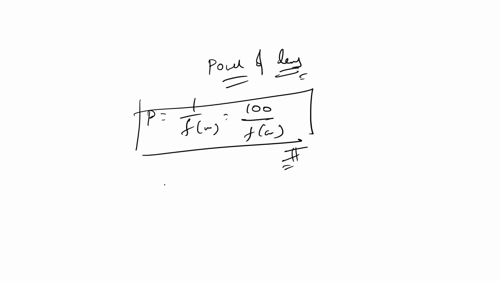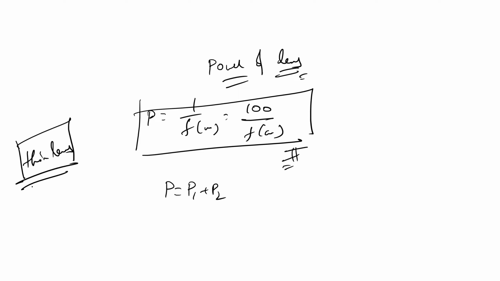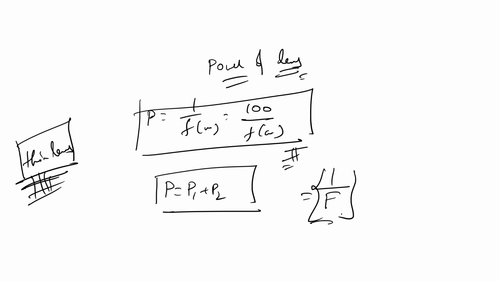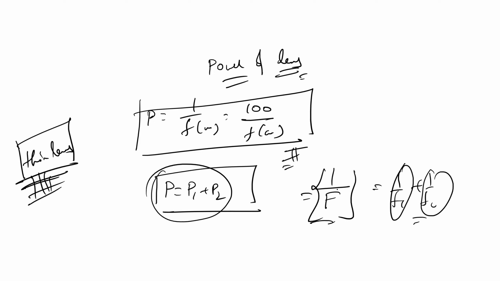Then combination of lenses, if you go, power will become P1 plus P2. But this is only for thin lenses. I told you right, the approximations we take only for thin lenses. The power of the combination of lenses is P1 plus P2. That is nothing but 1 by focal length of the combination of lens is equal to 1 by f1 plus 1 by f2, which is the focal length of the first lens and the focal length of the second lens. The power will add up. Then power is nothing but 1 by f. So I substituted 1 by capital F is equal to 1 by f1 plus 1 by f2. Got it?